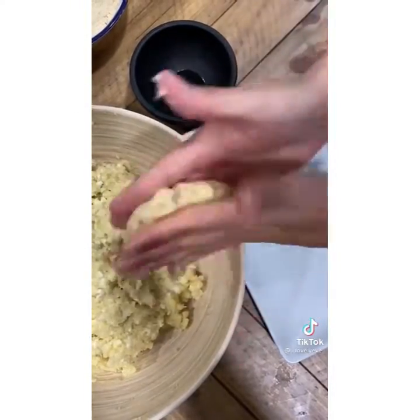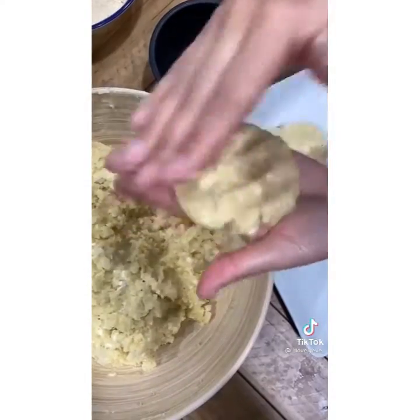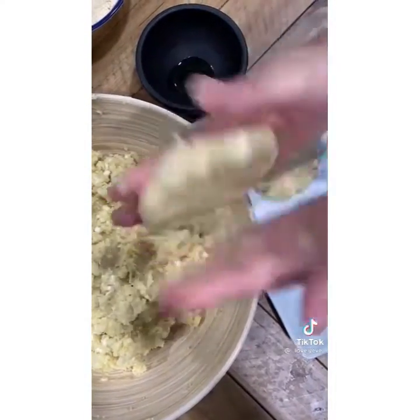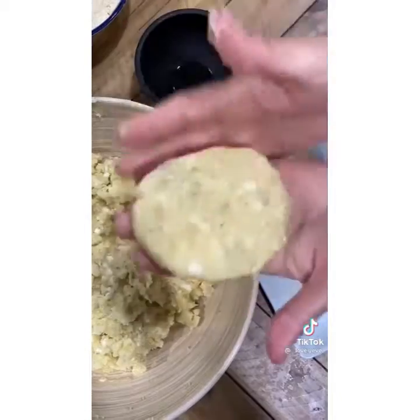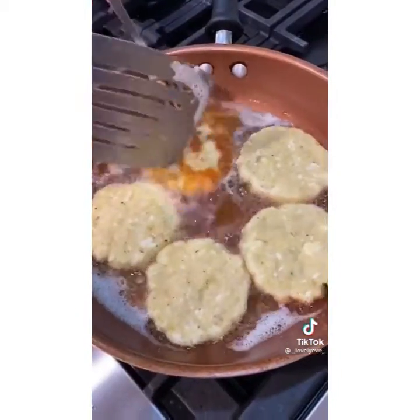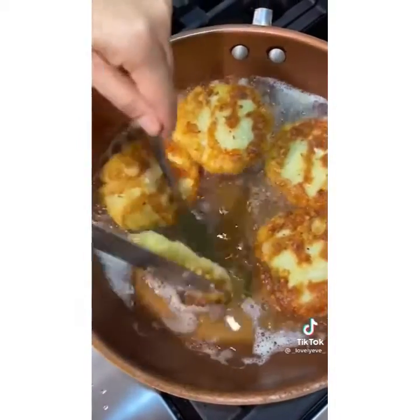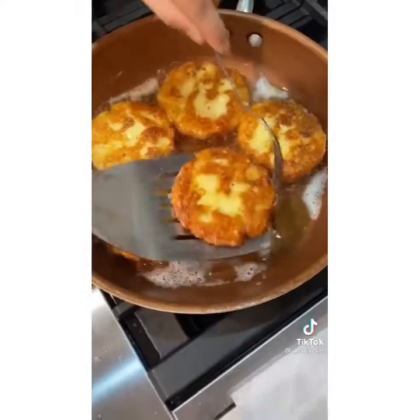I also like to rub some olive oil onto my hands so that my tortitas de papa don't stick to my fingers. Once I'm done making all of the tortitas, I make sure that my vegetable oil is nice and hot. Once it's hot, I start frying all of my tortitas. I fry them about 2 minutes per side or until I see that they're nice and golden brown. Once they're done,